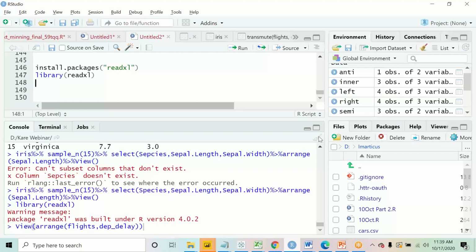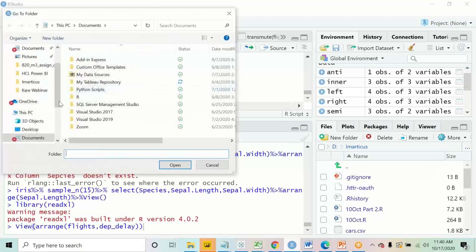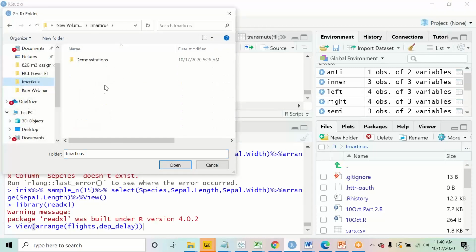And for the people who are new, I'll just repeat the steps for them. So please, all of you, make one folder by the name Ematicus or your learnings, whatever name you want to give it. Place all the material over there. Just to be consistent, keep everything in that folder. Click on the three dots, select that folder where the files are placed, go to that folder and click on open, right?